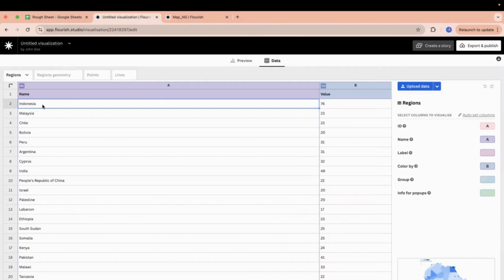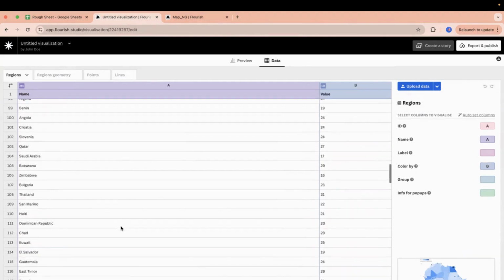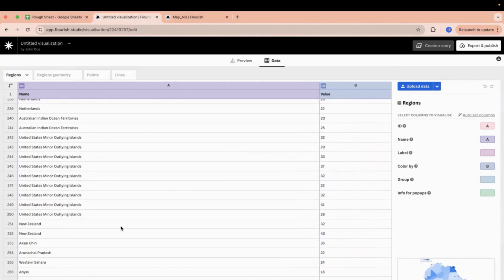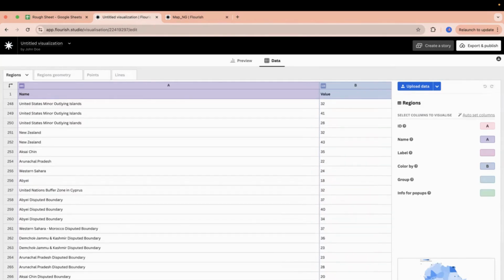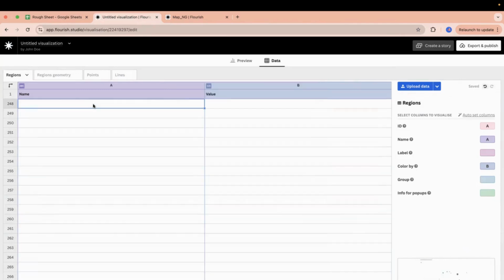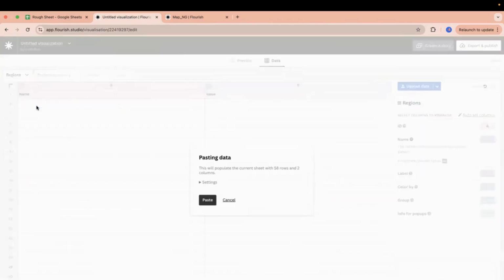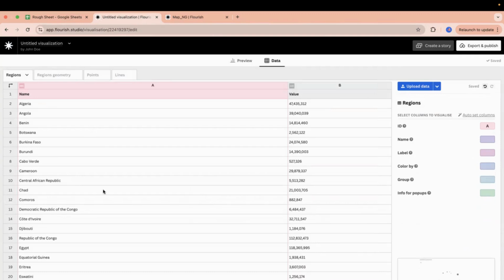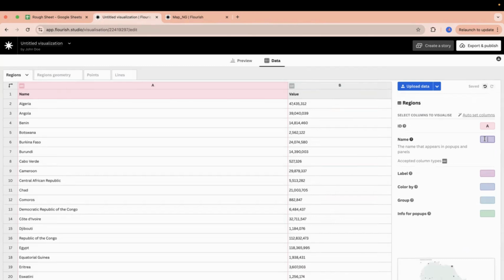Now I'm going to delete the data that was here because it's not relevant to the visualization I want to do. So I'll just pick it out. I'll just paste my data here. So these are the countries, these are the corresponding population values. So for name, I'm going to still put this column so that it will display the name of the countries